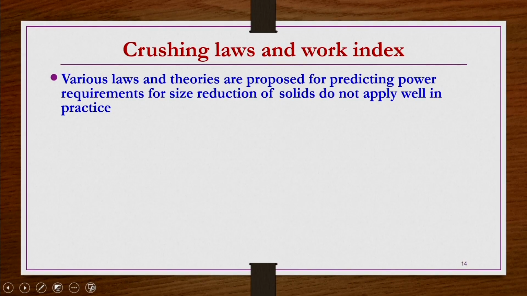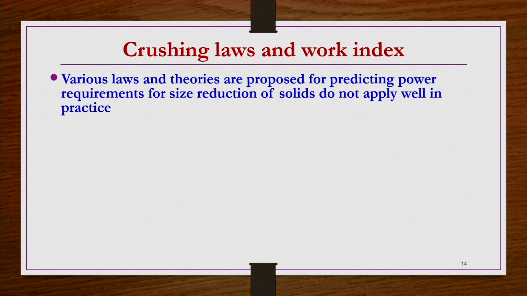So, that a priori information one can get by these crushing laws, and there are different types of crushing laws. We take only a few of them which are found to be reliable. Various laws and theories are proposed for predicting power requirements for size reduction of solids, and unfortunately they do not apply well in practice. You apply these crushing laws and then you have a kind of a priori information how